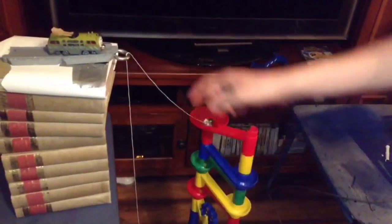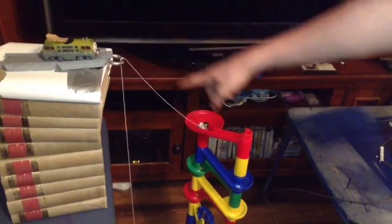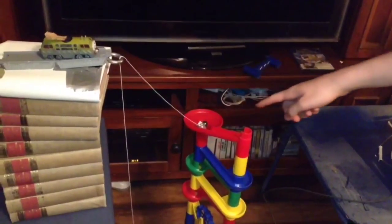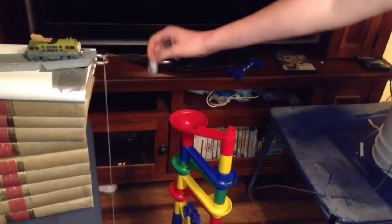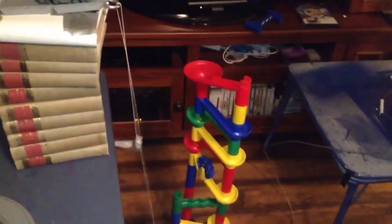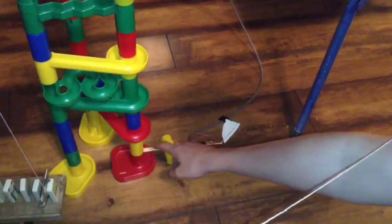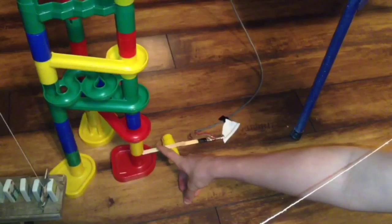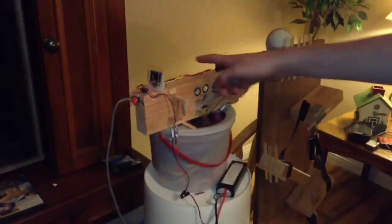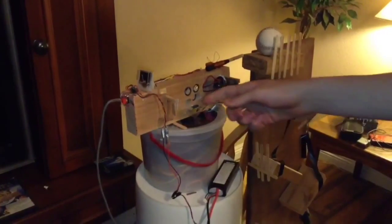So once the lever is pulled through the domino effect, this string goes through the eyelet and eventually pulls this string out of the marble thing, which allows the marble to go through and have its effect. So the marble hits this and allows these two wires to come in contact once the marble falls down. So after the wires come in contact, this charged coil gun, which you can see in Tanner Tech's previous video, will